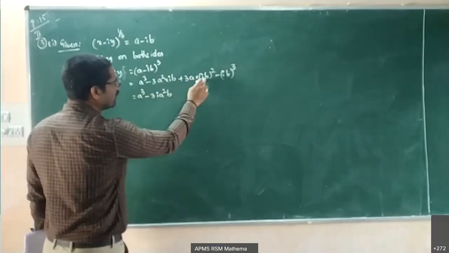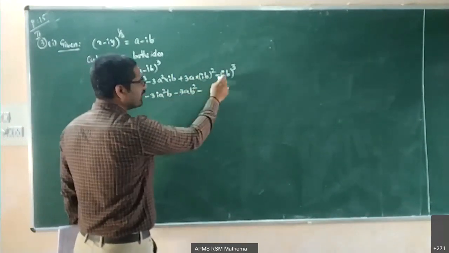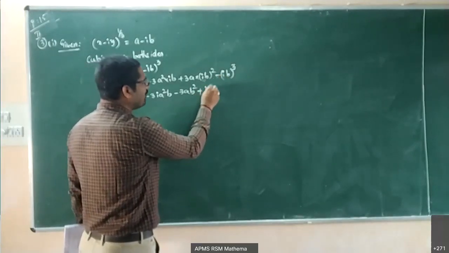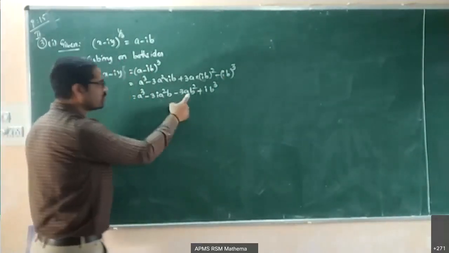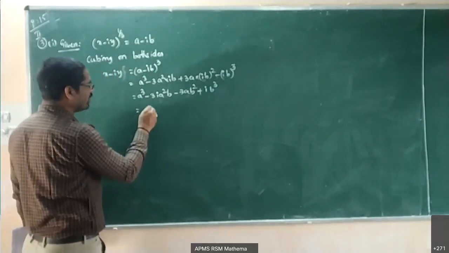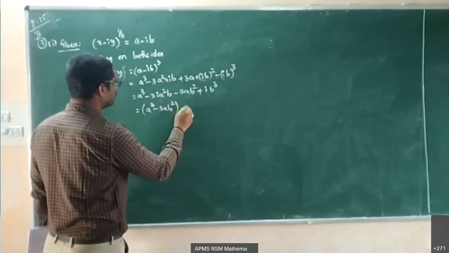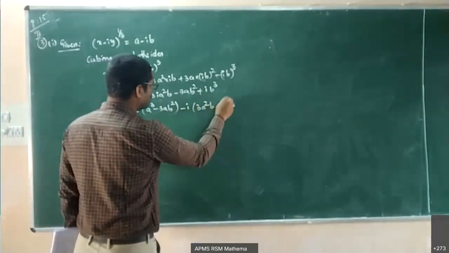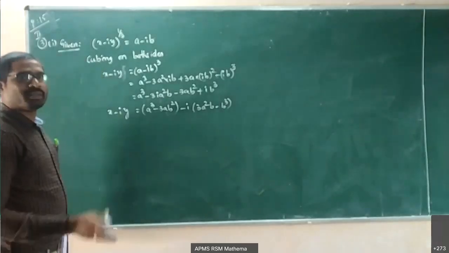3ia square b. Here i square is minus 1, so it is minus 3ab square. Here also i square is minus 1, so it becomes plus ib cube. We have two imaginary terms and two real terms. So we write together a cube minus 3ab square as the real part. If I take minus i common, 3a square b minus b cube, which is x minus iy, we arrive at this point. Now, if you compare the real and imaginary parts on both sides,